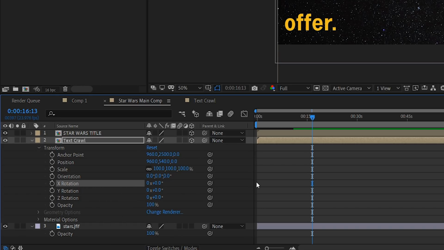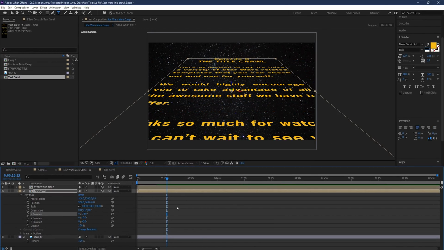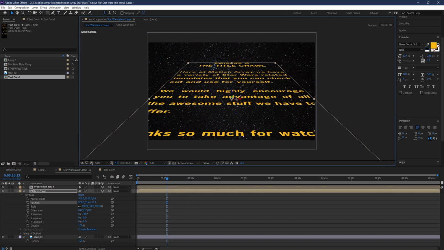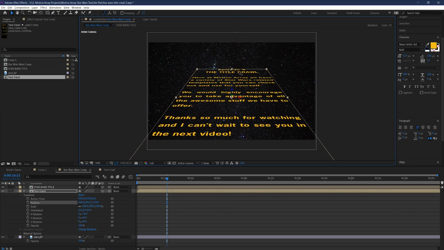You can play around with this to see what you like best, but what I'm pretty convinced is the closest to the original is to set it to -74 degrees. Then once you've got that, take the Z parameter, which is the blue arrow here, and push it down until you have the text at a place where the edges of the words, as they're coming into frame, are right about at the edge of each side of the frame. And then as you push the text forward with the green Y parameter, you'll be able to see it float